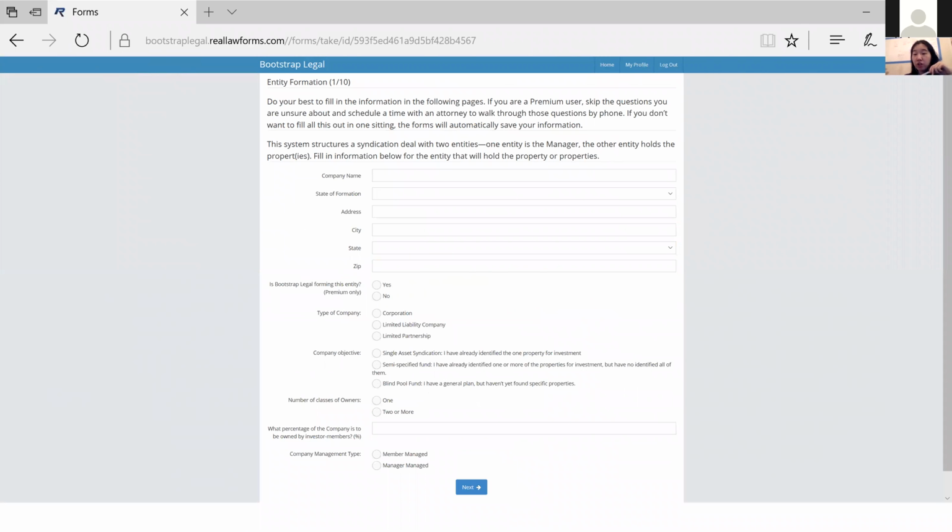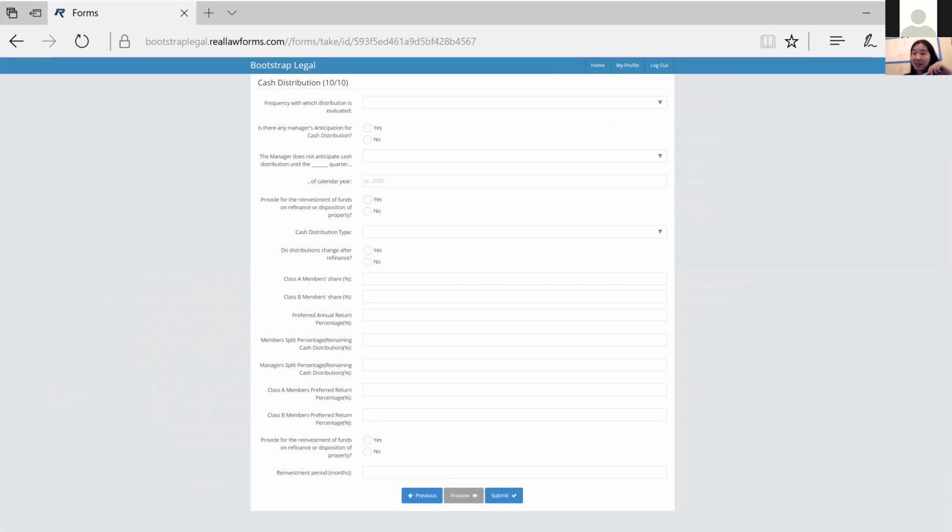And based on what you answer before, the questions might change, right? So it'll ask you basic questions, and then, as the survey evolves, it'll ask you more specific questions. But I've used TurboTax before, and there are always times when you kind of second guess, oh my gosh, I don't know if I'm answering this correctly. So basically, once you get to the last page, you click submit,